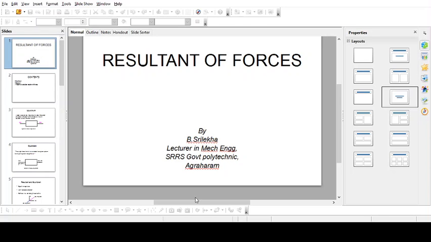Next, this one you can write plus 30 sin 270. Sin 270 is nothing but, sin of 270 plus theta is minus sin theta, so you will get minus 30. Sin 270 is minus 1. Okay, so minus 30 you will get. So that is equal to minus 7.5 newtons.